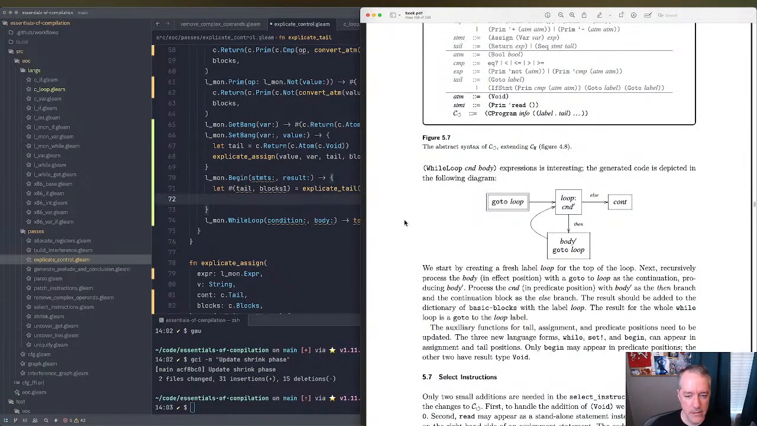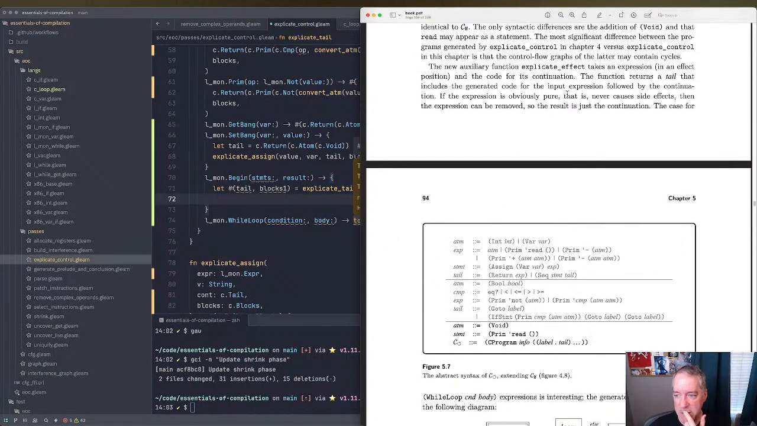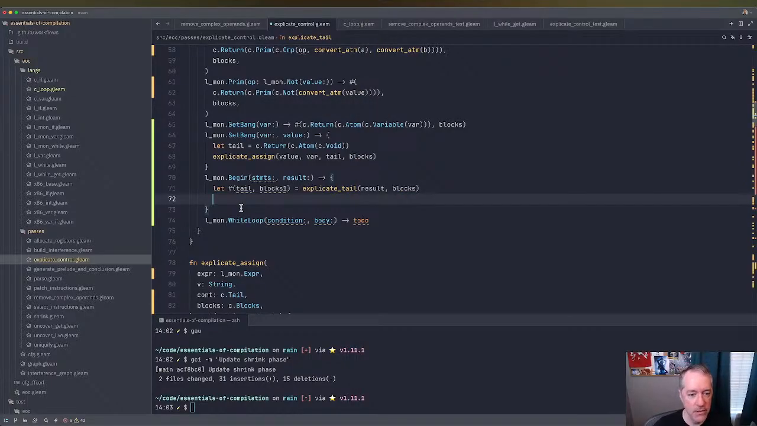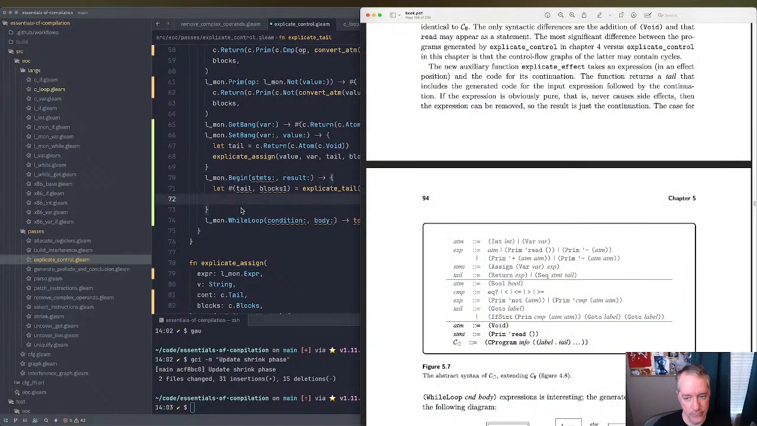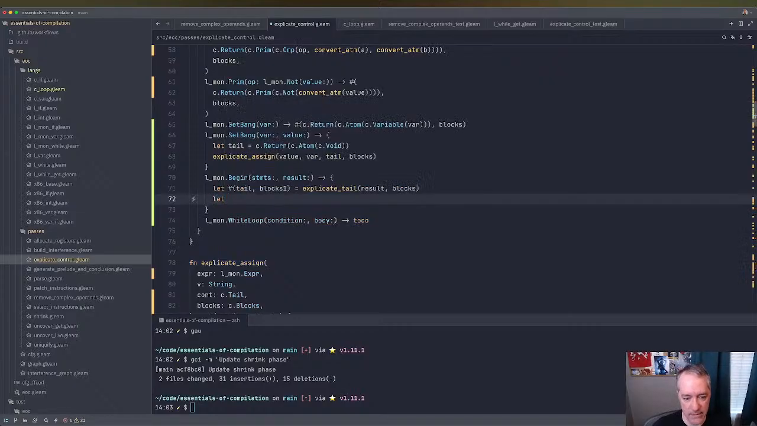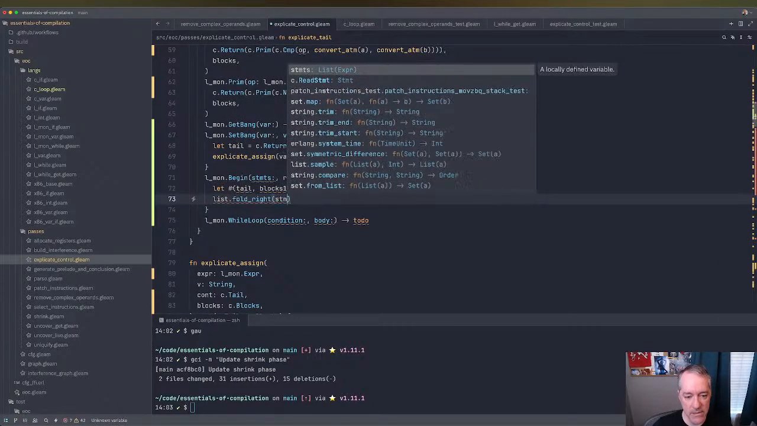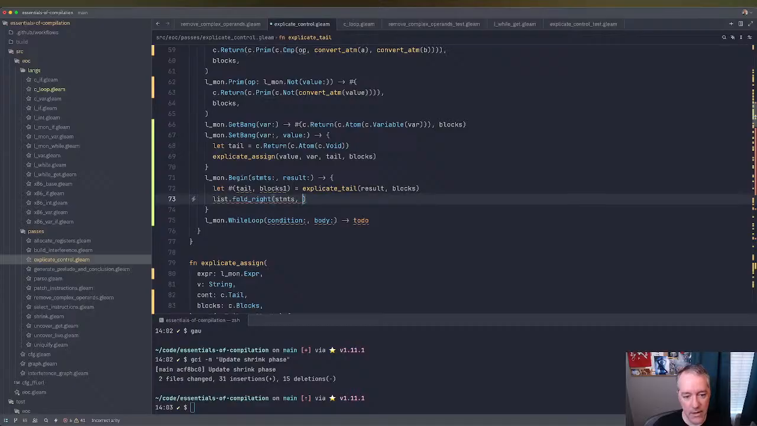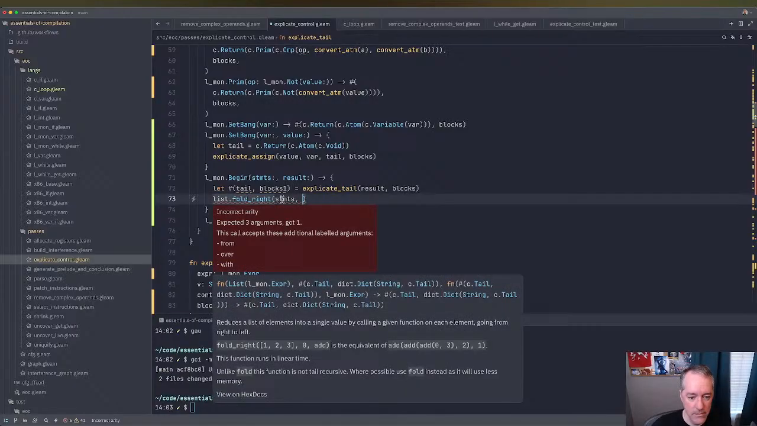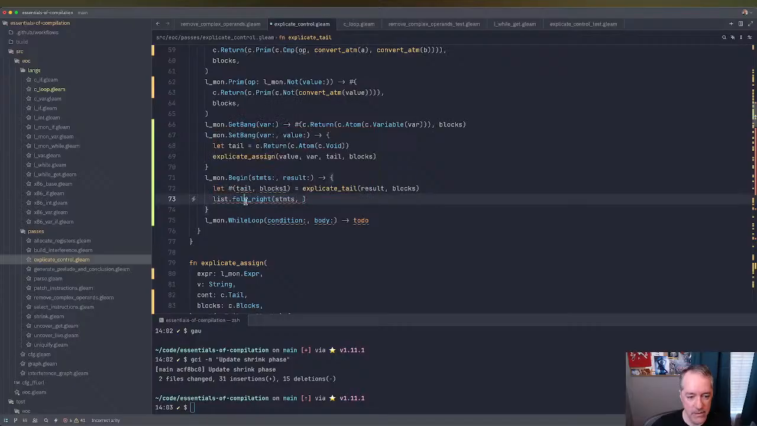Yeah. Let's see what they say about explicate effect. Takes an expression and the code for its continuation. Right. Okay, so we're going to do, yeah, and it returns a tail, right? So we're always generating a tail. Yeah. Okay, so what we're going to do is we're going to fold right. We're going to fold right over statements. And let's see, statements, right. So fold right gives